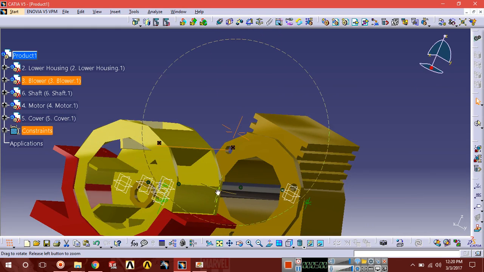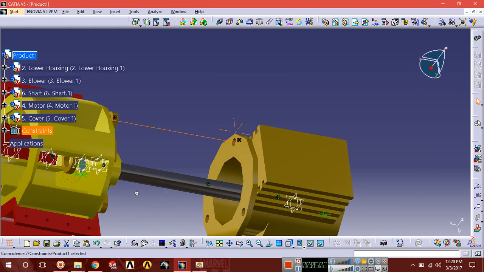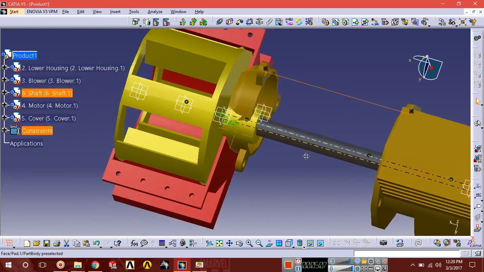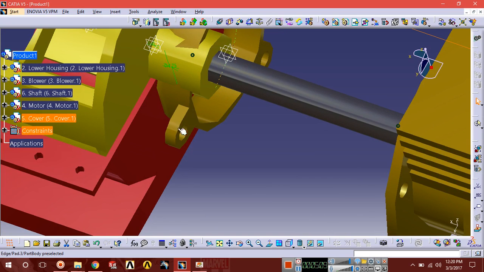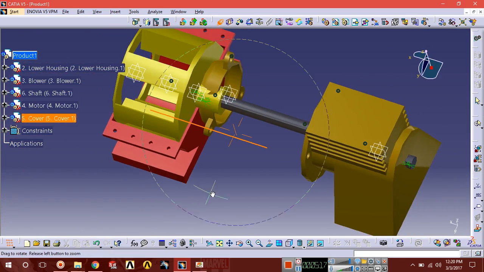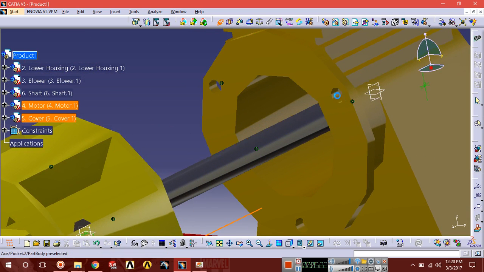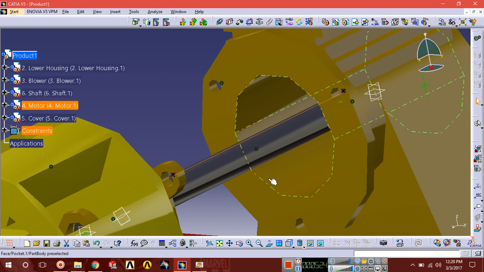Update. Again select coincident constant, select this surface, escape, select this axis as a surface and select this axis as surface, update.